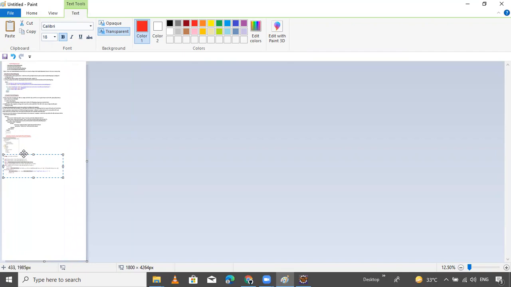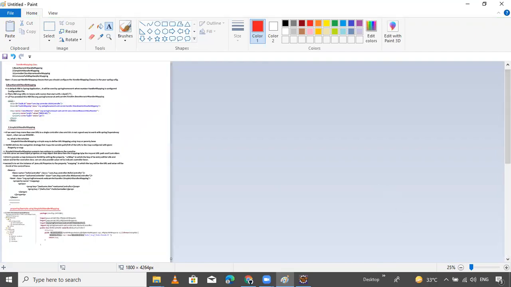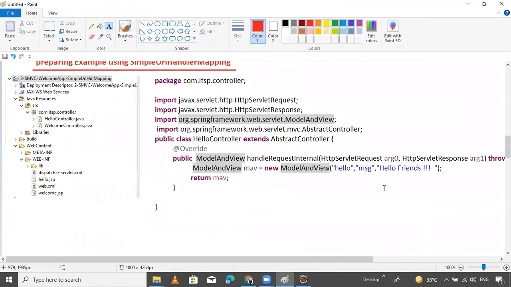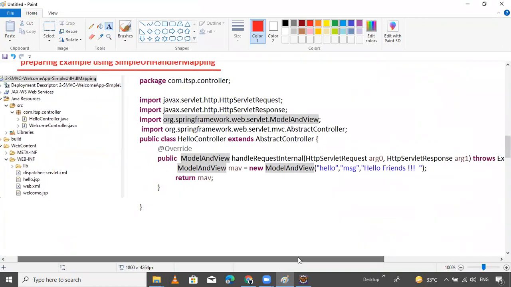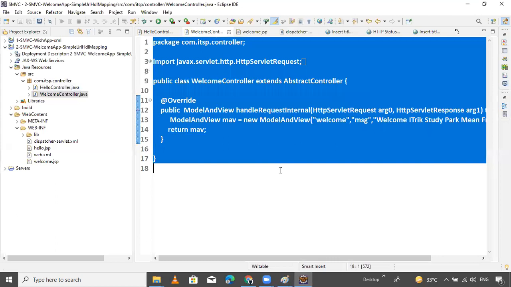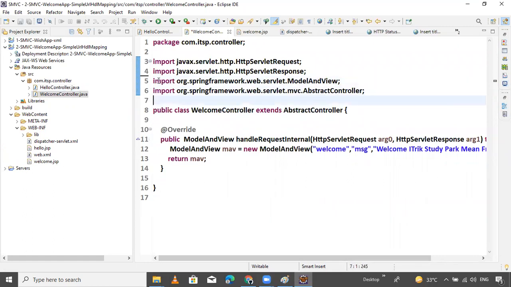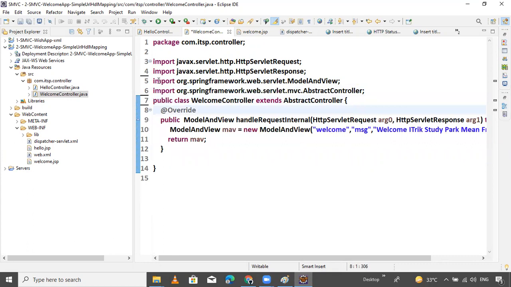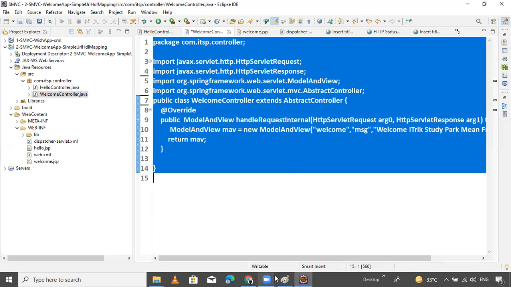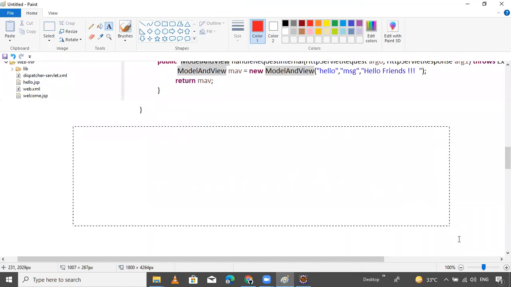Now this one is the controller. Let's see if it is visible in the picture. Okay. This is the abstract controller, hello controller, and the second controller is this one. The package is also there. I hope we got clarity about this topic, guys. I hope. With the second controller.